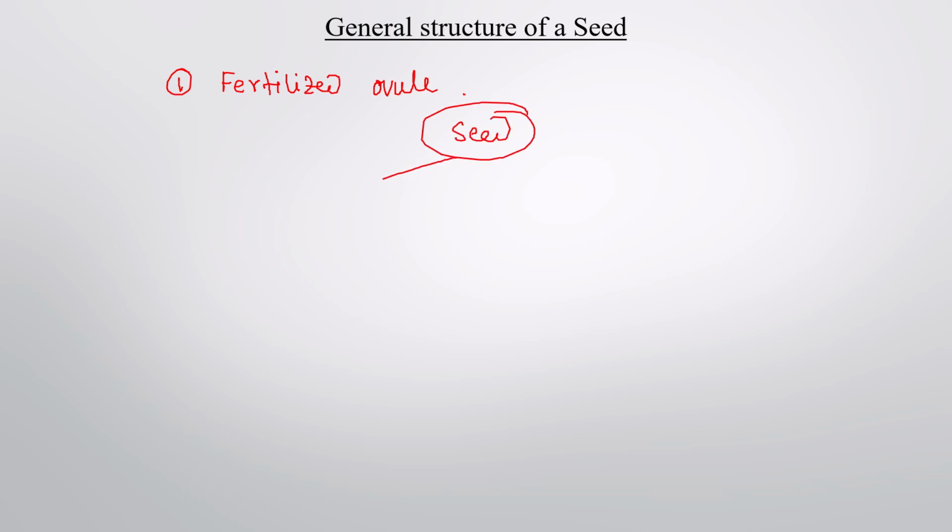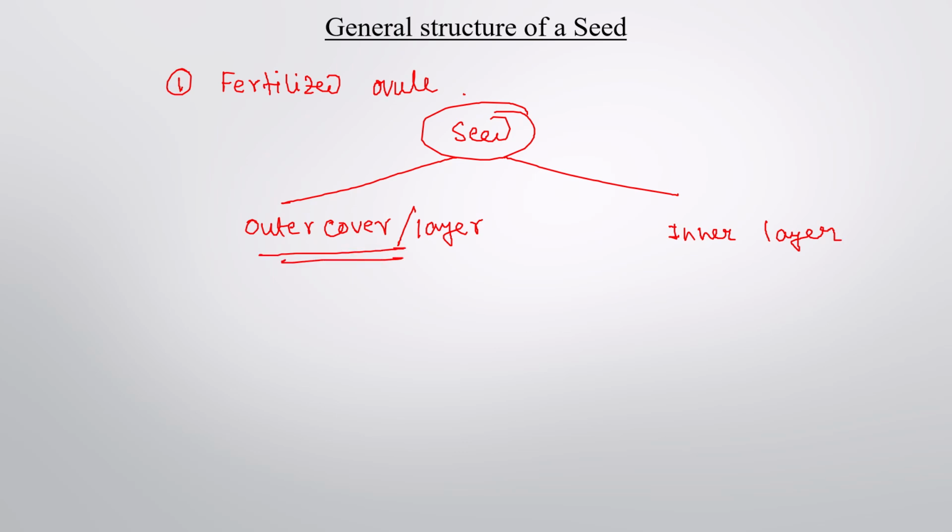A seed consists of an outer cover or outer layer and an inner layer. The outer layer or outer cover is called the seed coat, which consists of